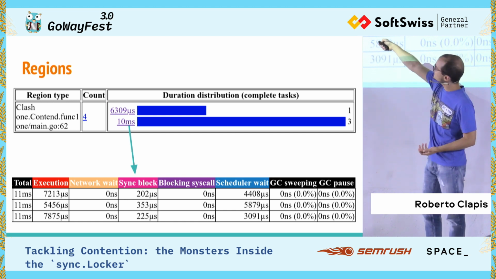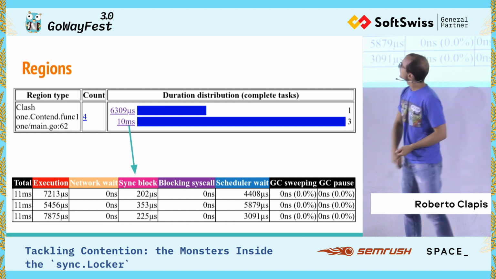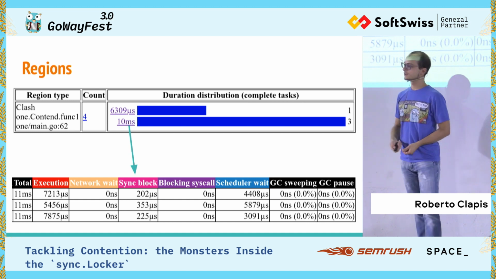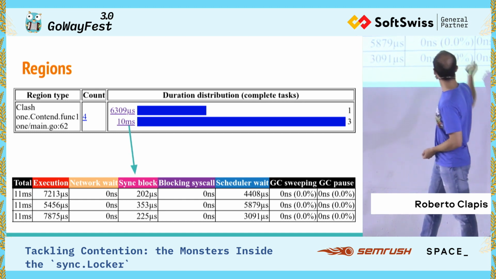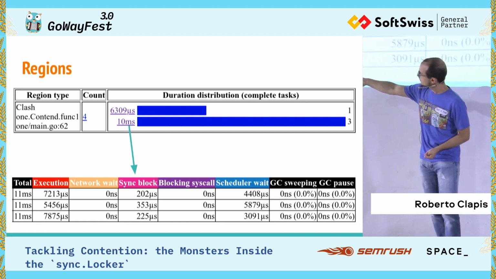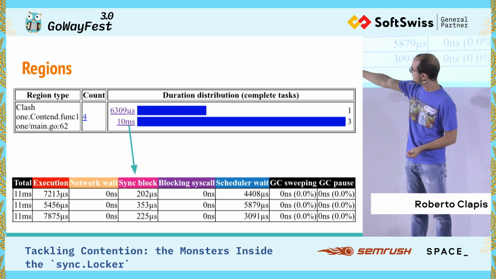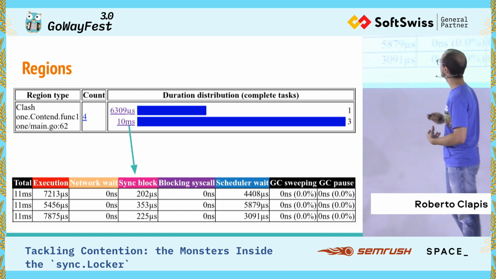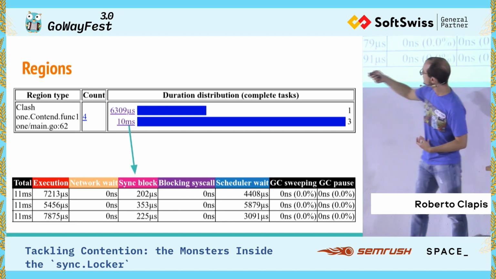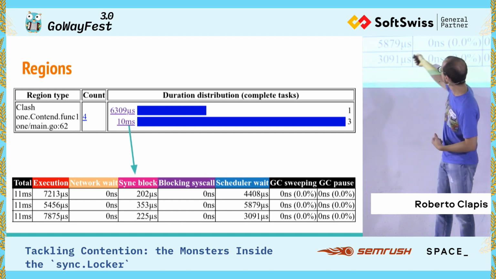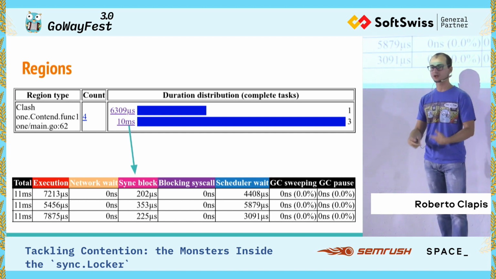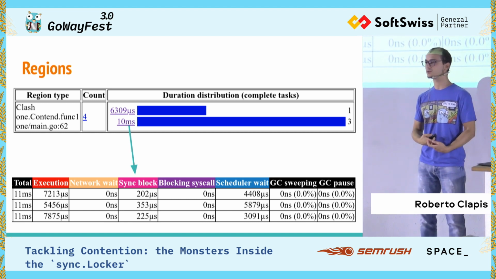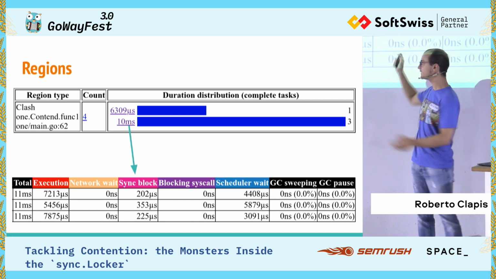And in this case, well, there isn't much difference here, but I have 4 Go routines that were doing something, and one took more. So you can click on the link, and it gives you a breakdown of how much time you spent and where. So this is the total execution time, and you see that there is 7, 5, 7, so it tries to group them together. And if you see here, I spent some time blocking, and a lot of time pressuring the runtime to schedule me. So I was not working. I was just telling the runtime, can I have the mutex, please? Please? And that is what I was doing.